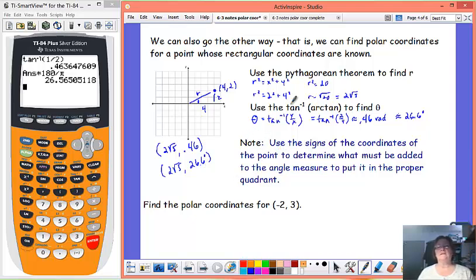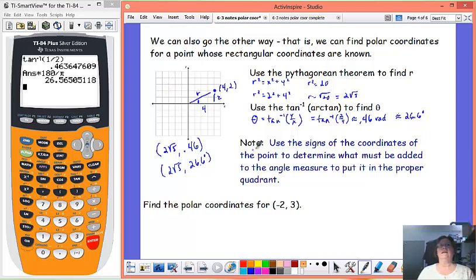This note applies not to this example problem, but to others that you might find. It says that you should use the signs of the coordinates of the point to determine what has to be added to the angle measure you get to make sure you're in the proper quadrant. I'd like to talk about that real quickly. Tangent inverse gives us values that are either in Q4 or Q1. Remember, those are the principal values for the tangent. So if I look at the coordinates of my point and see that I have a -2, 3 point, that puts it over here in the second quadrant. When I do tangent inverse, it's going to tell me some angle measure down here in the negative. I'm going to have to add pi radians to it to get it up here in the second quadrant